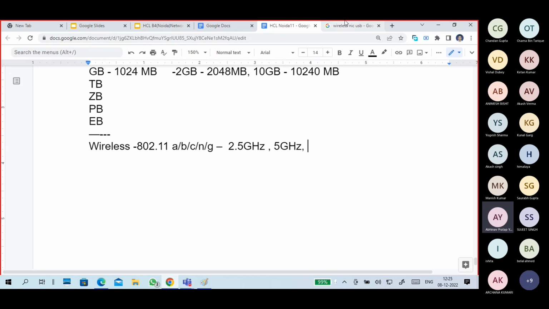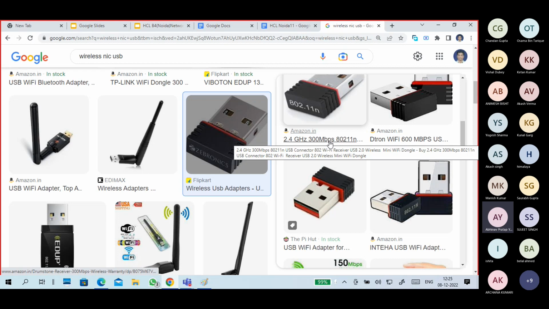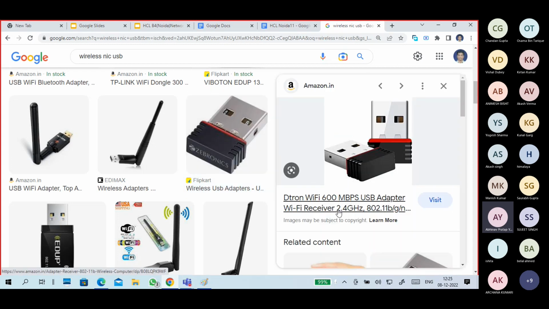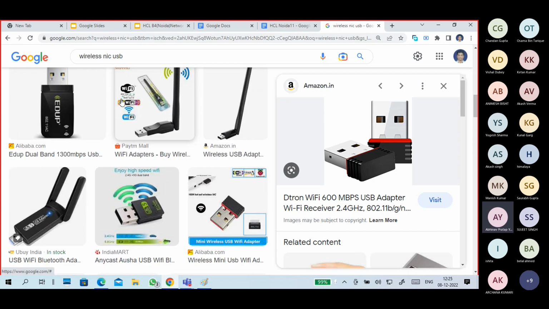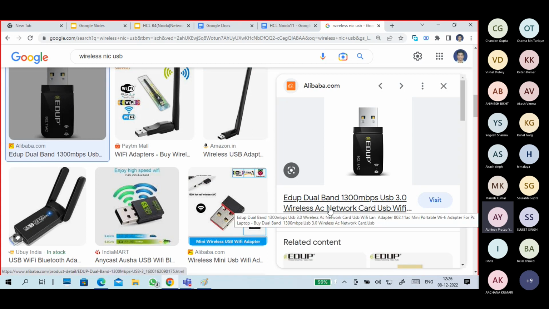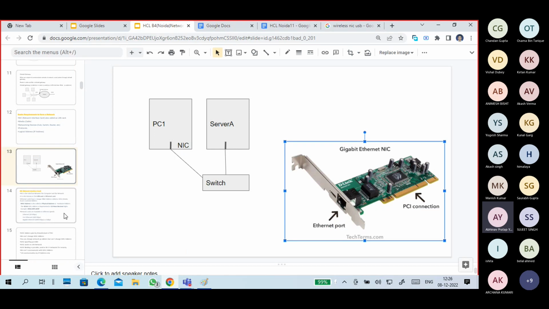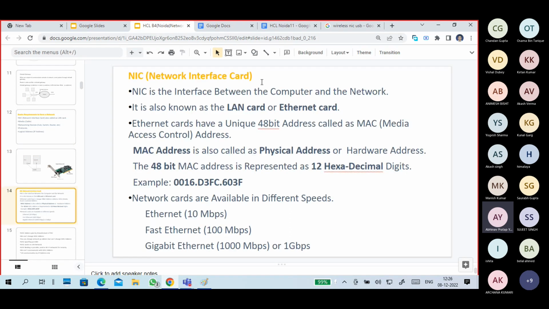300 megahertz connectivity, so you can see 300 Mbps. Okay. 600 Mbps. It is 1300 Mbps. Two basic standards are these two things. Okay, so